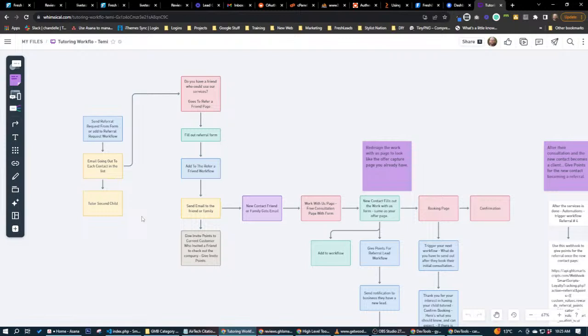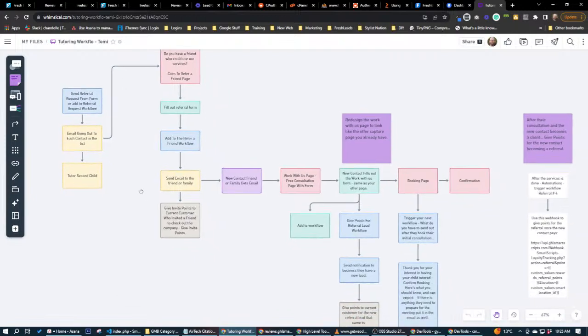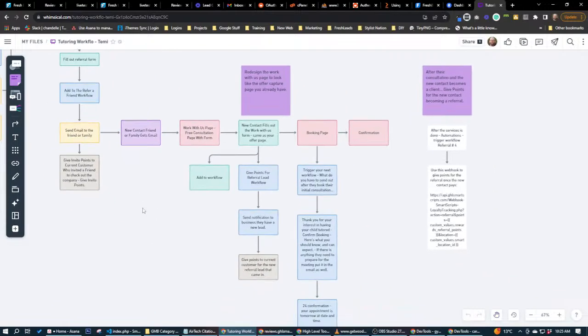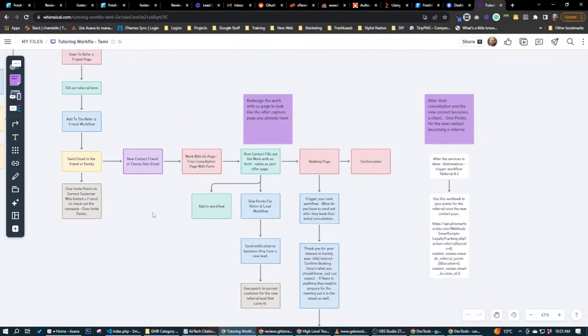Now you can do this for any industry really at all. So this is a database reactivation, going out to all the customers that person already has, and we're going to ask them for a referral. If they refer people, it's going to take them to a referral page. It's going to send them through the referral friend workflow, and send the email to their friends and family. And then when a new friend or family member gets contacted, it goes to the work with us page,